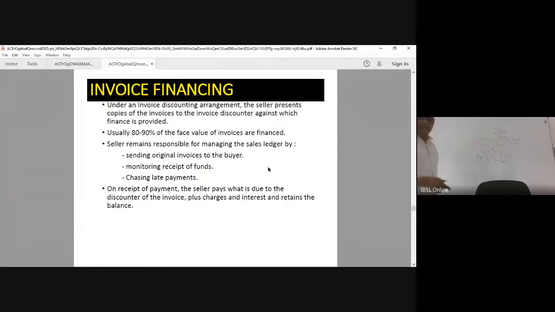Right? Under an invoice discounting arrangement, the seller presents copies of the invoices to the invoice discounter against which finance is provided. Usually 80 to 90% of the face value of invoices are financed. Seller remains responsible for managing the sales ledger by sending original invoices to the buyer, monitoring receipts of goods,